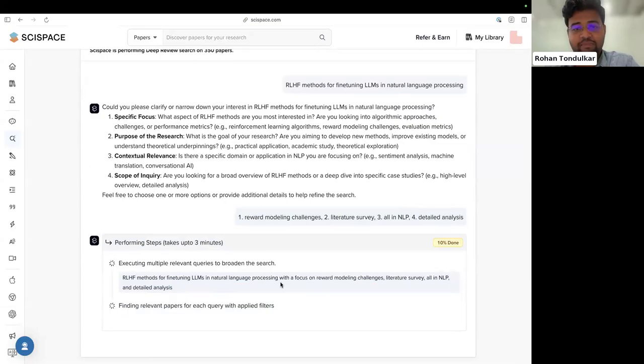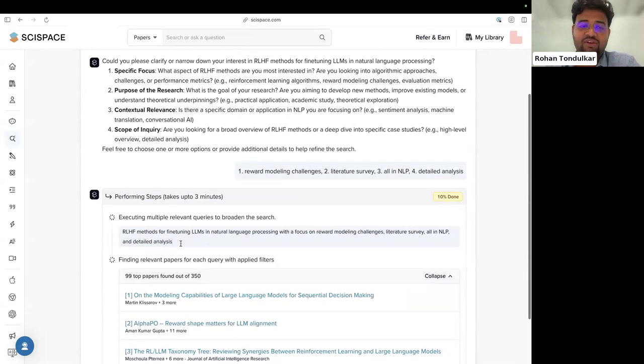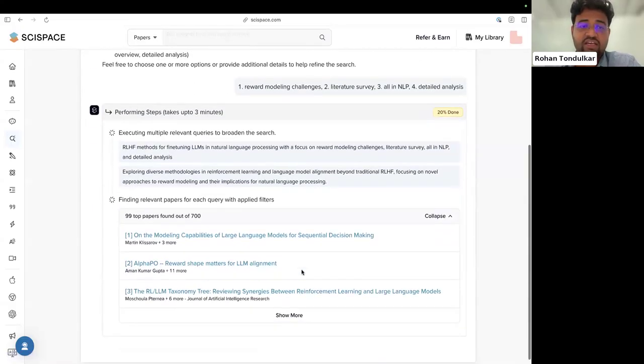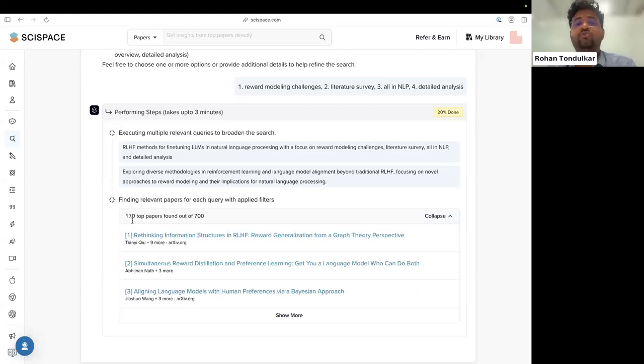So it starts firing multiple queries. We also internally fire some, but we try to be as transparent as possible so that you get to know, okay, what queries were fired, what were the results for those queries. So, okay, first query it fired, it got 99 good papers, it's again changed the query, fired again. Now again, the papers count can increase. We might get more relevant papers. So it went to 170 papers.